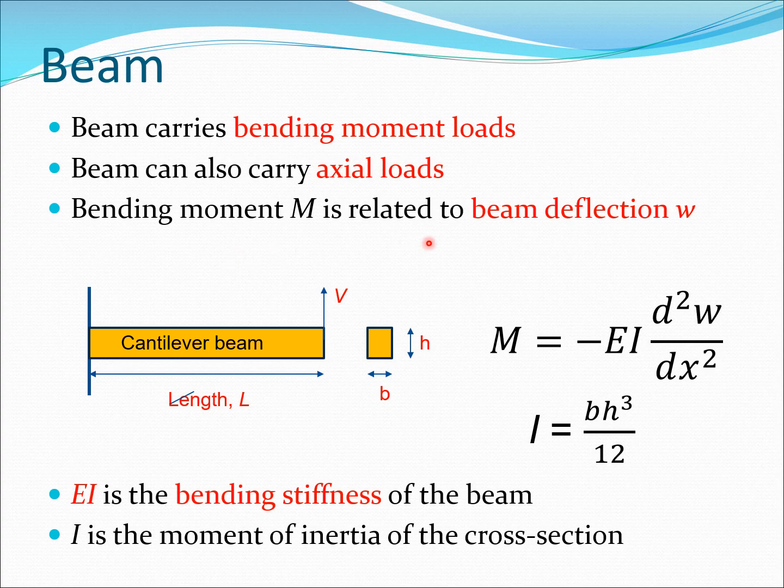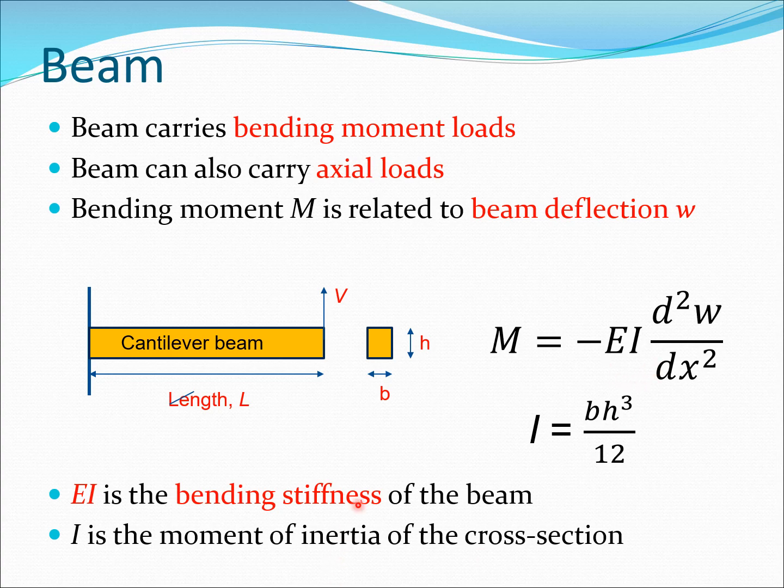Now, if we look at the typical formula, which you may have studied in strength of materials for a beam, it's M = -EI d²W/dx². So here this relationship becomes very important. It relates the bending moment which has been applied to the deflection W, and EI is the bending stiffness of the beam. Remember, E is the Young's modulus, which is a material property, and I is the moment of inertia